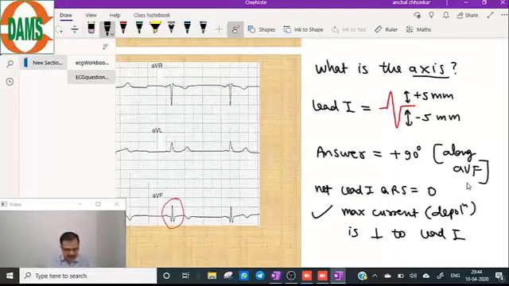If there is any important doubt here, I can take 1 or 2 doubts now. Yes, it is normal, but I have given you the more accurate degree to make your concept clear of the net amplitude calculation and how to calculate the axis. All right, we'll finish the class here.